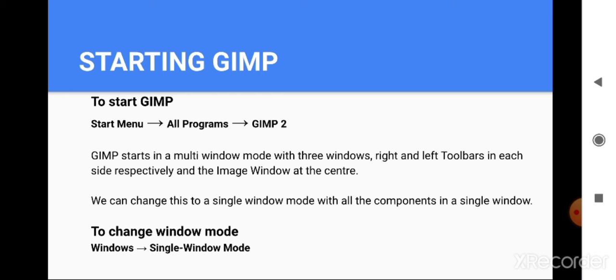We can change this to single window mode with all the components in a single window, and you can merge these three windows into one, that is single window mode. And for that you need to change the window mode. Just go to the window menu and then select single window mode.